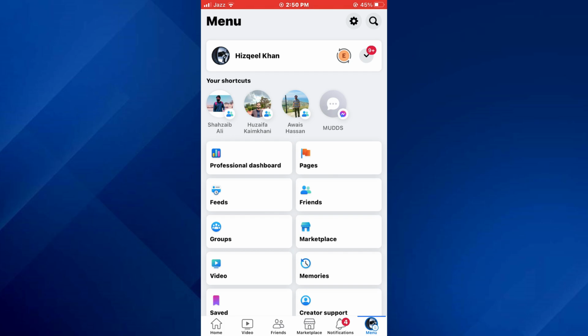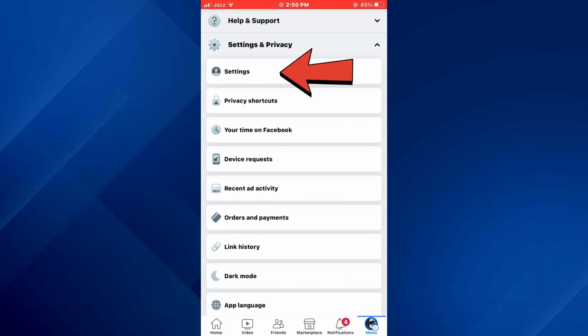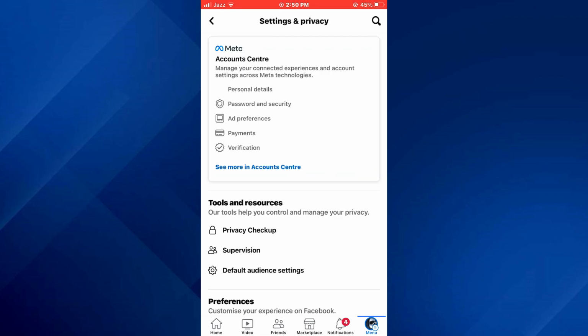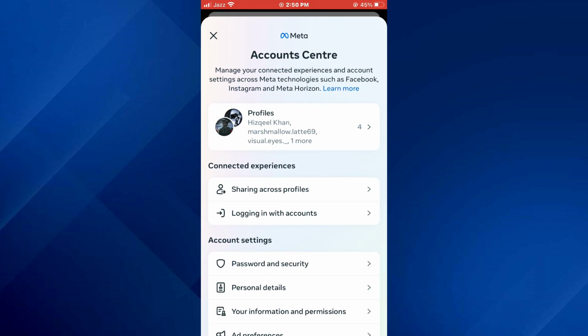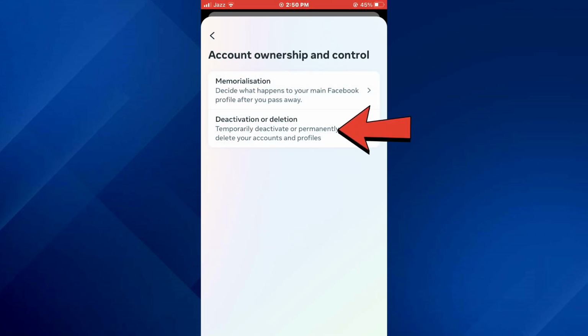Inside this page, scroll down a little bit, tap on Settings and Privacy, then select Settings from the drop-down menu. Once you are inside Settings, tap on this See More in Account Center embed and the Account Center will open up. Now, tap on the Personal Details tab, then select Account Ownership and Control, and then tap on Deactivation or